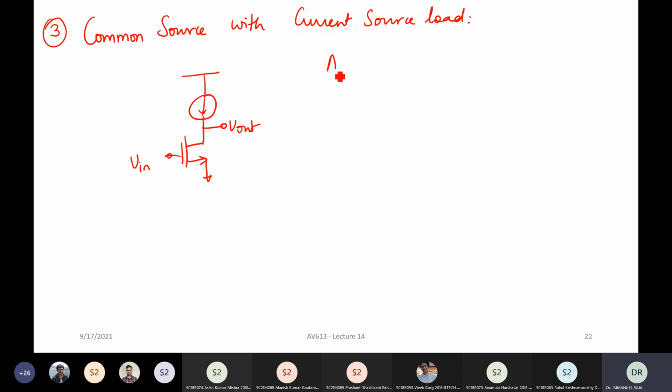Let's use our technique, minus gm times R out. What is gm? Here it is the only gm that is available. If you look up, a perfect current source, an ideal current source, will have infinite impedance, right? You look down, you get R naught. So this is your gain, or rather, this is going to be the max gain that you're going to get out of a topology like this. And this factor, gm R naught, as I mentioned earlier, is what is called the intrinsic gain of the transistor.